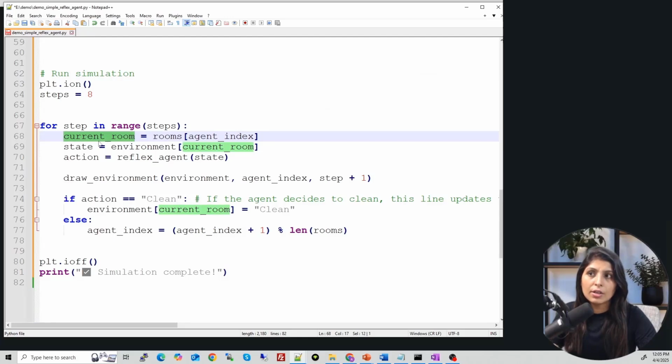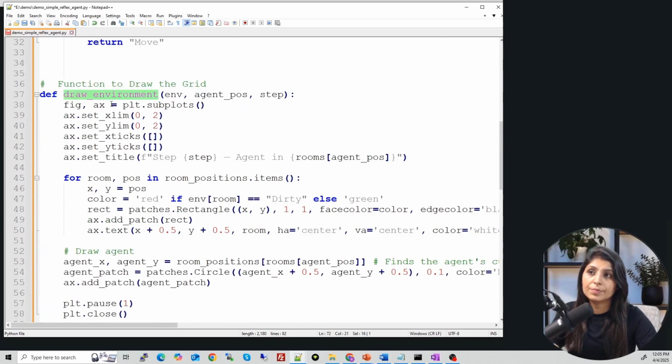So we are getting the current room, we are getting the state, and we are performing the action. For performing the action, we are using the reflex agent. To this reflex agent, we are providing the state from here, and then we are calling the draw environment function.